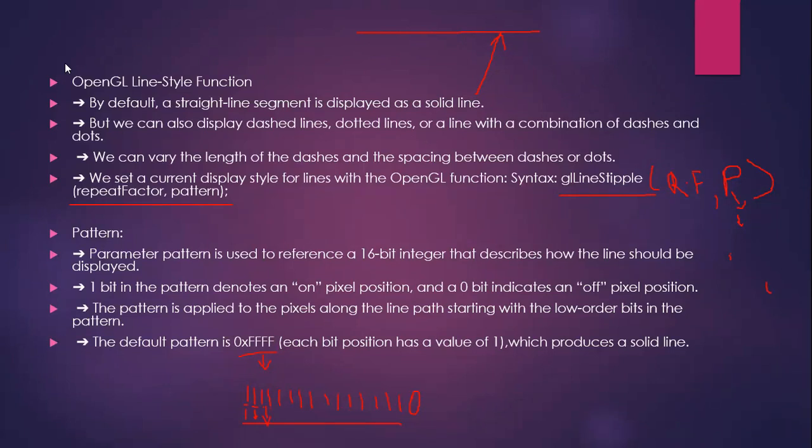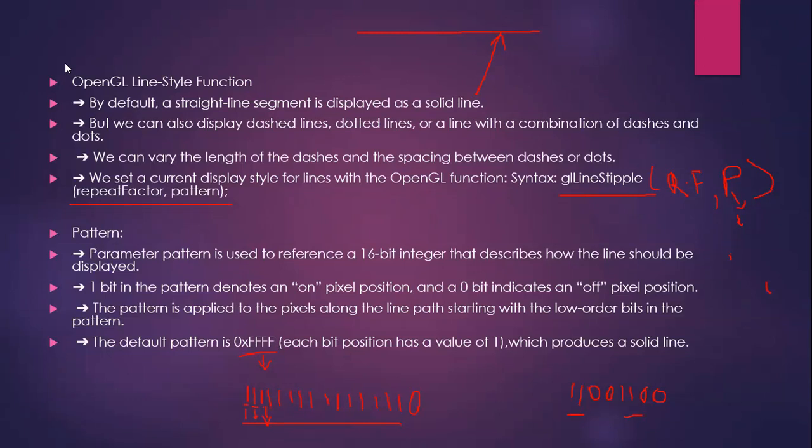If you are writing 0, the bit representation will be only zeros and ones, so then there won't be any line there. Suppose I say here the 1100 pattern you have given, that means you may have a line, and then for 00 there will be a blank space, and again 1100 repeats, a line, and for 00 there won't be any lines.